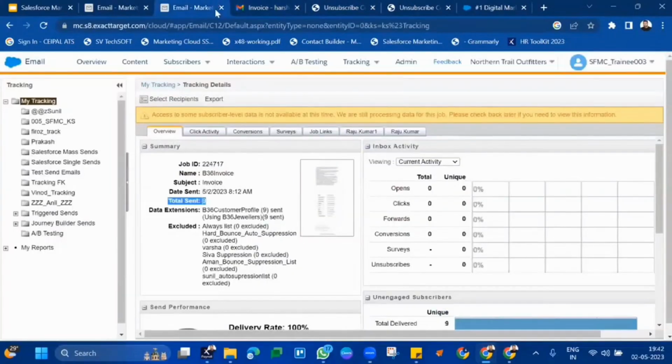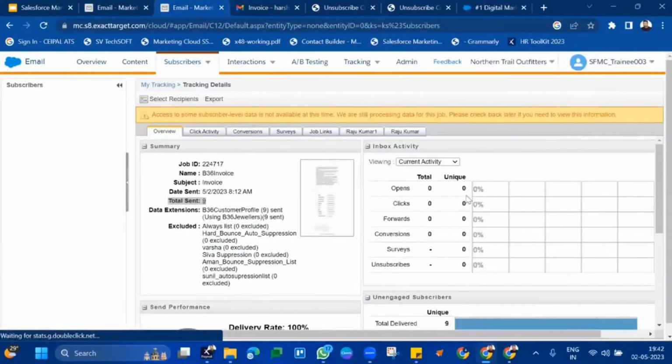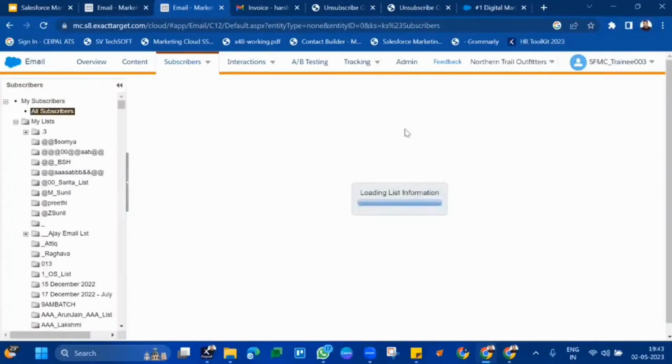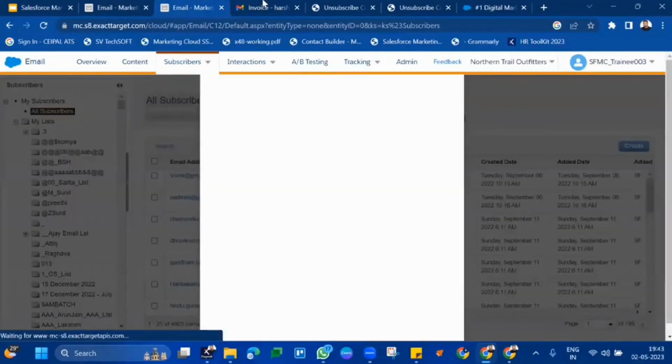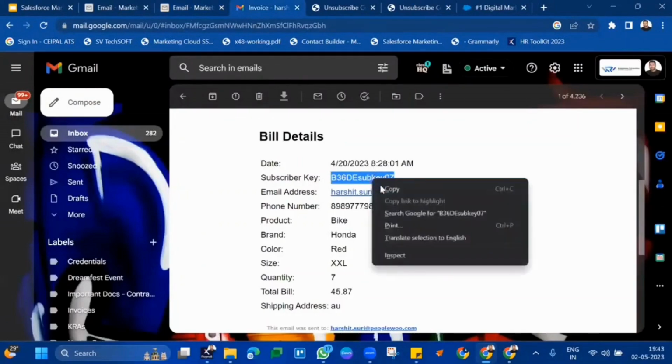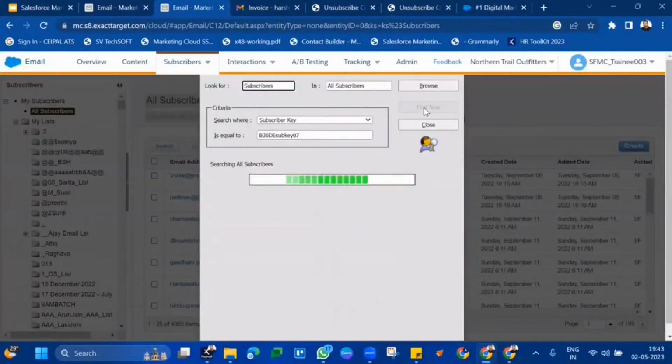Now what is the behavior? As somebody unsubscribed, last time his status was reflected as unsubscribed in all subscribers. Now for this subscriber key who has just recently unsubscribed, we will cross check its status in all subscribers. We will click on search option, copy the subscriber key who just unsubscribed, select this subscriber key drop down, paste it and click on find now option. Once I click on find now option,